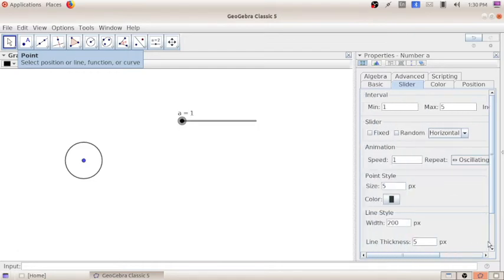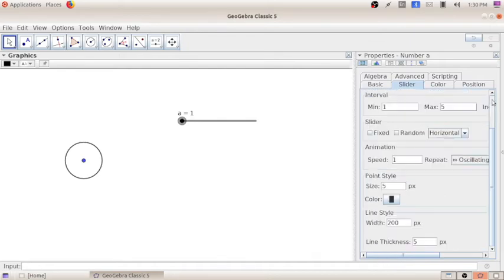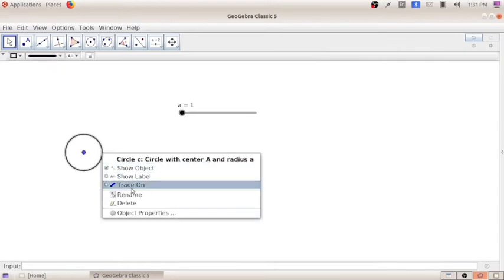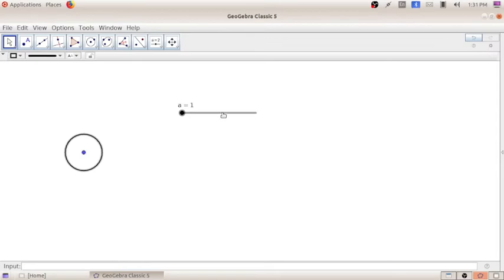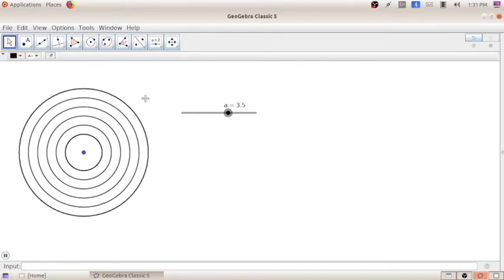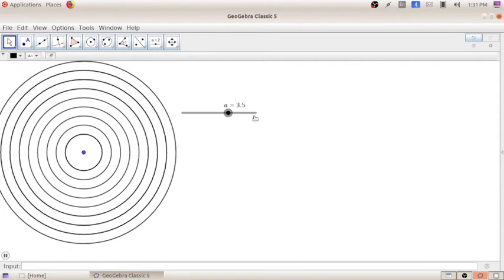After that we can close this. Right click here, there is an option trace on. Again right click on this line, animation on. You can see the animation: the slider is moving automatically with 0.5 increment, and the circle is getting increased.